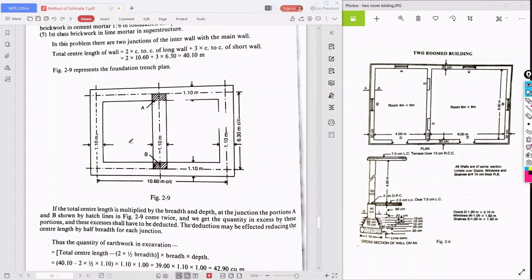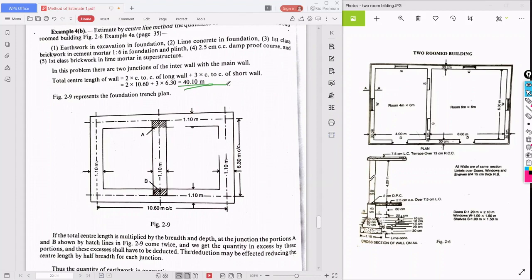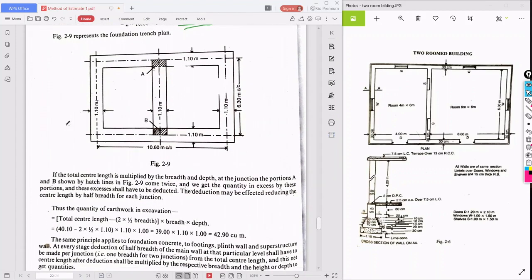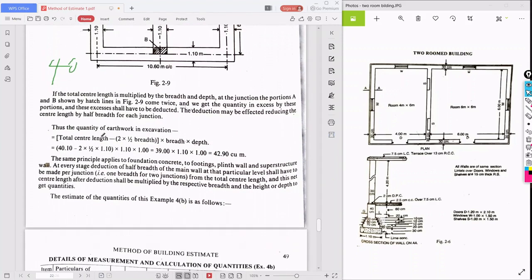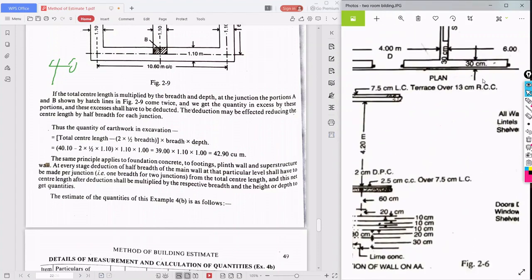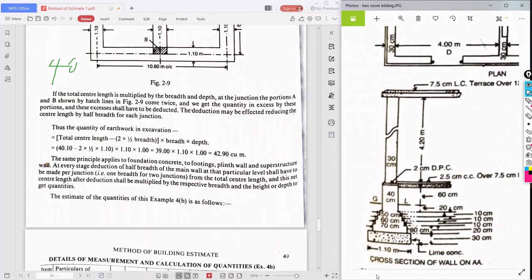Once we get the center line length, that is 40.10, this is for the total quantity of earthwork. For earthwork, what is the breadth? 1.10, right? So the total center line length, what is that?